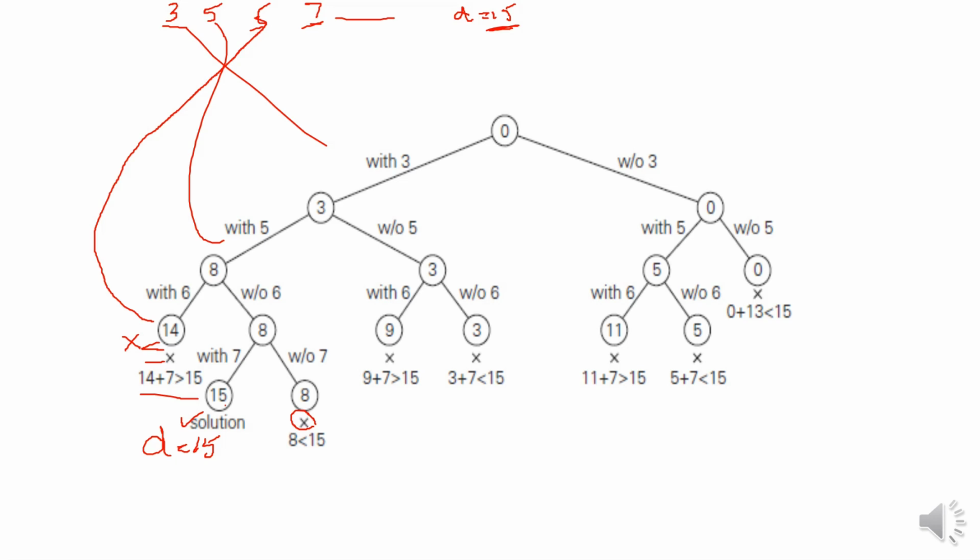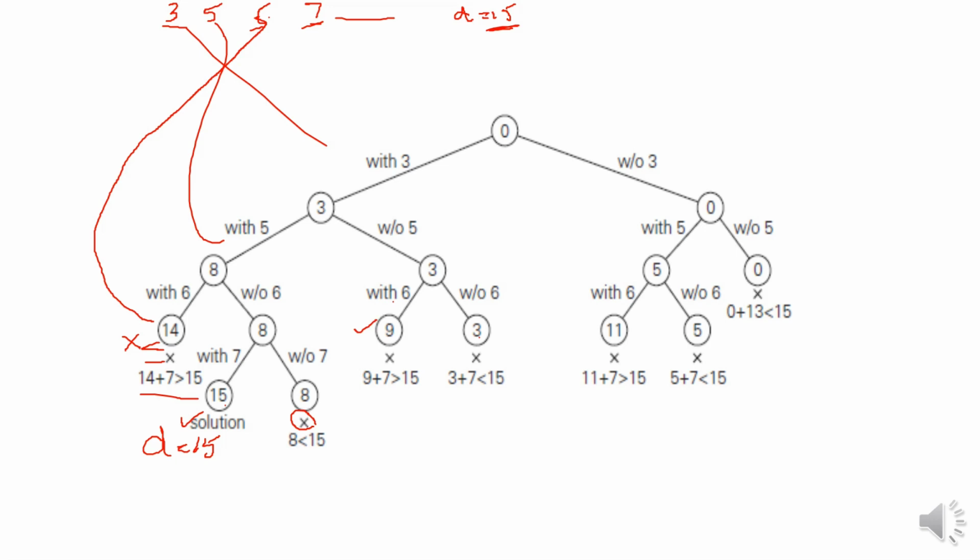Next we will go back. We have to continue with this right branch, wherein we had stopped with the inclusion of only item 3 and item 5 was not included. So the next element after 5 is 6. So we will add the item 6 and see, 3 plus 6 is 9. And if you had not added 6, then it is still 3. Now we will see whether this is a promising or non-promising node.